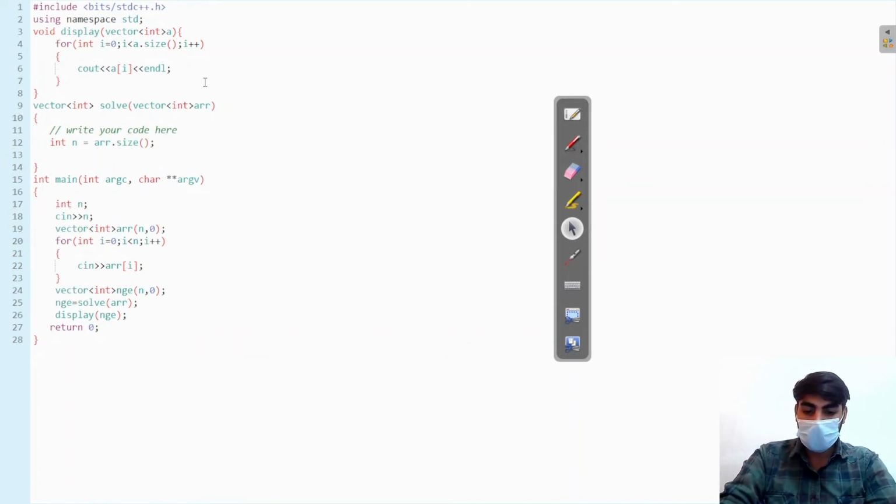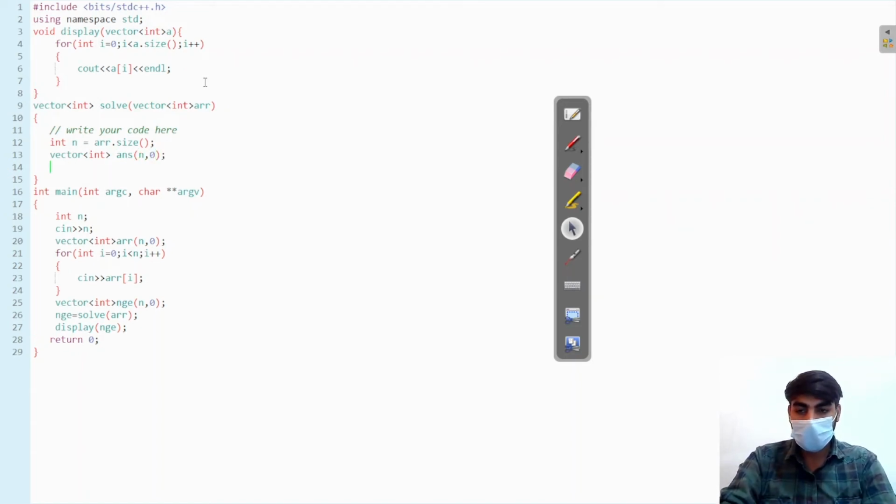Then I create an array, answer array, vector int answer of size n. Then we have to create a stack of int type,